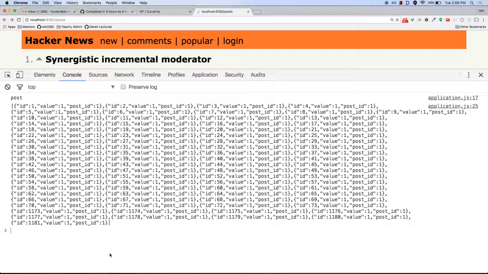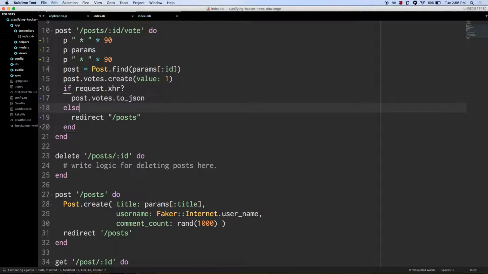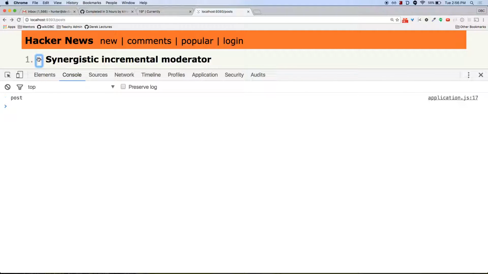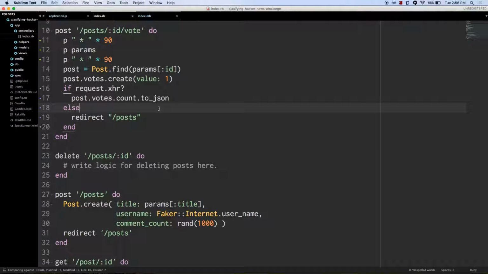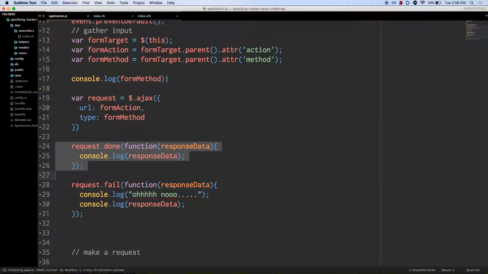In any case, I don't want this data. What I actually am looking for is an integer which represents the total number of votes. So I could just dot count here, and then JSON that thing. And now it returns me just a straight up integer. Sweet, super awesome. So I want to take my straight up integer and I want to append it to the